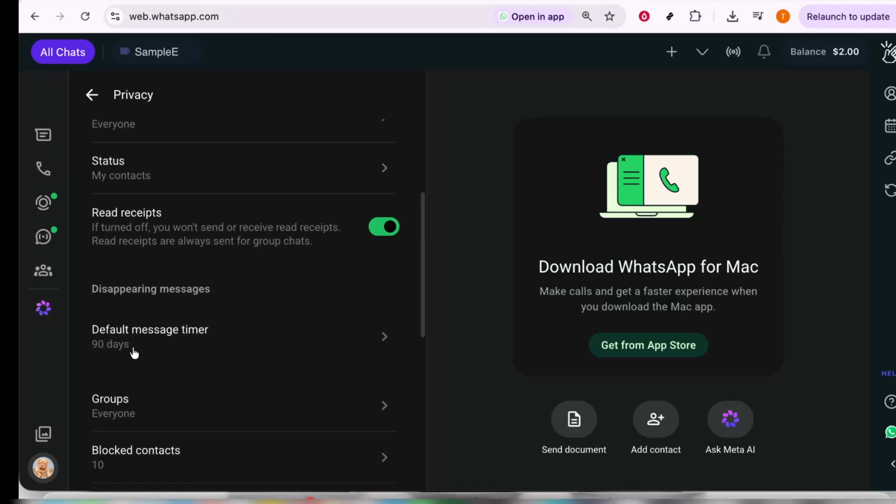And there you have it. You're now equipped with the knowledge to manage disappearing messages on WhatsApp Web effectively. As always, make sure to revisit these settings periodically to ensure they still meet your needs, as privacy needs might